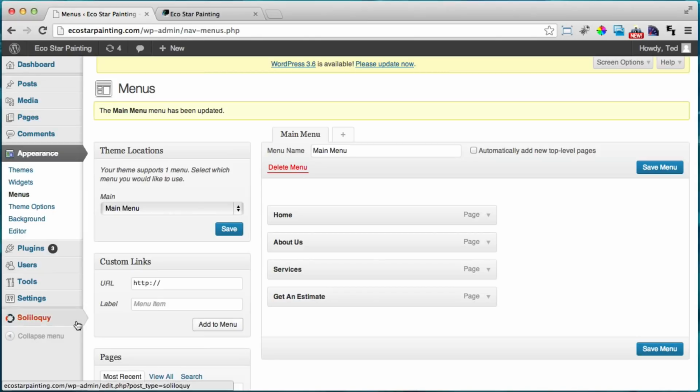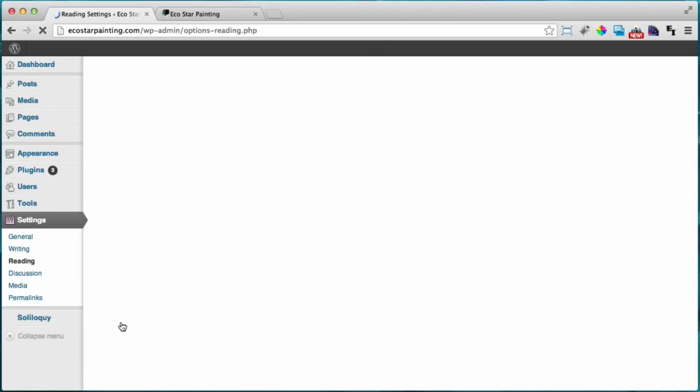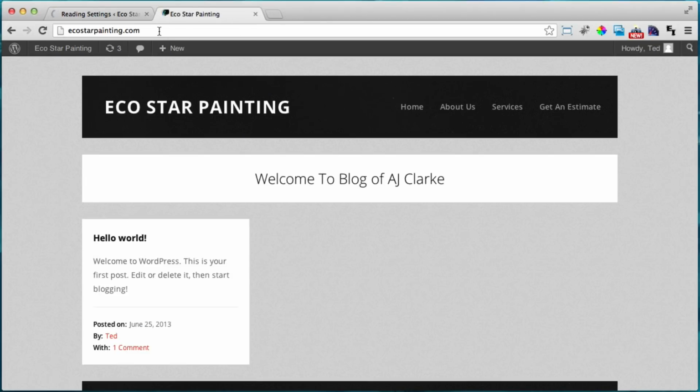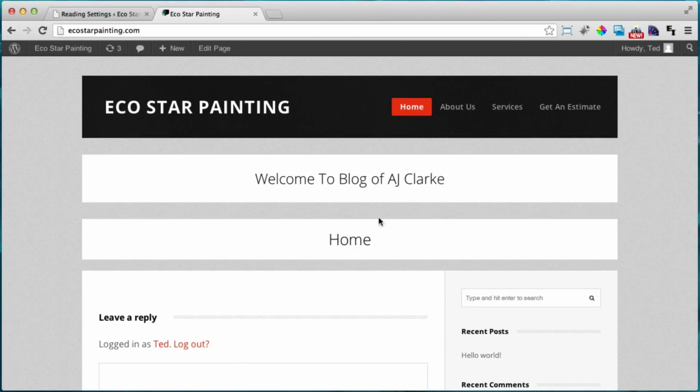So let's go over to settings, reading, and you'll notice it says front page displays your latest posts, and let's just change that to a static page. So let's click that, and then we'll set the front page to the home page that we created. And EcoStar Painting is not going to have a blog, which is the post page, so I'm just going to leave this as select, which is nothing. So I'm going to save that. Now if we go to ecostarpainting.com,